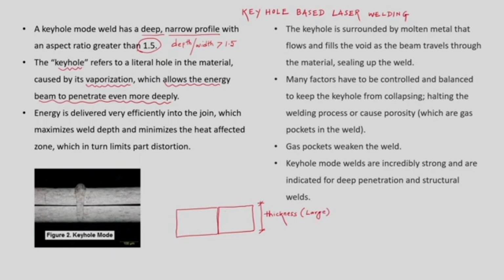Now, when we want to process these two materials, we are using laser beam energy which will move inside these two materials. So, this is the laser beam which is moving inside and it is vaporizing. During the process of vaporization, some portion of the material will get vaporized and some portion will get melted. So, this is melted material,